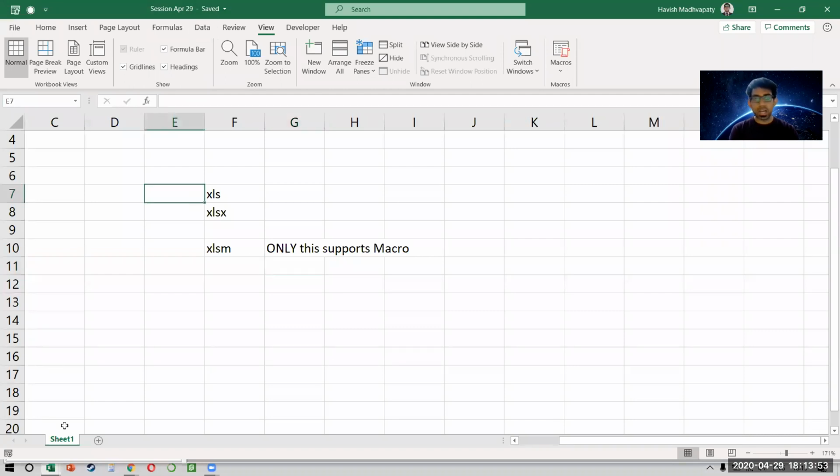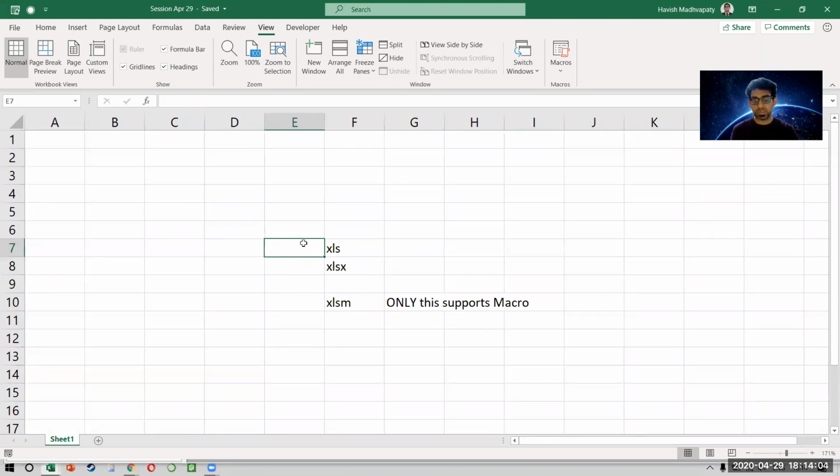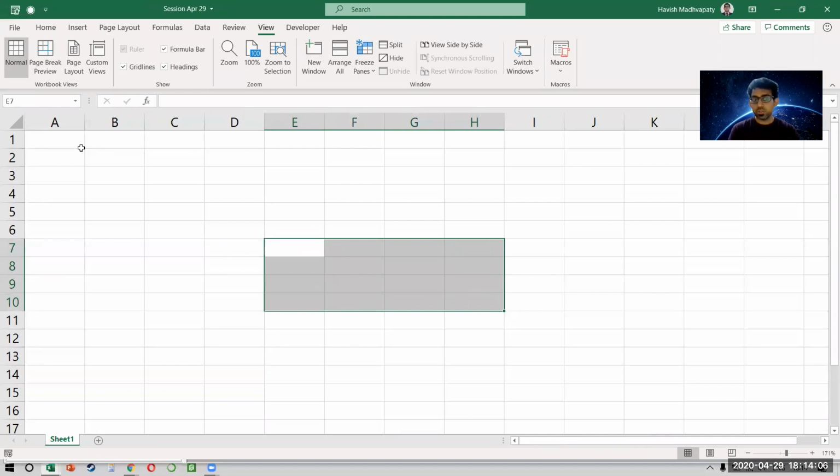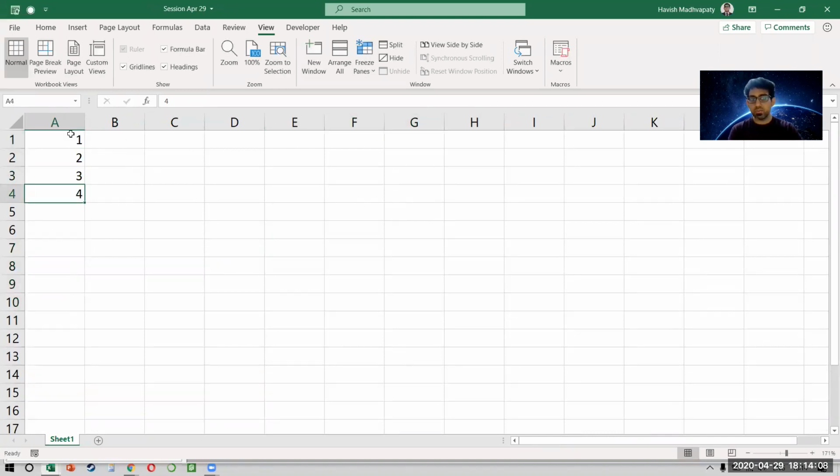All right. Now we want to write our first piece of code and let's build a problem. Now, my problem here is that I want to automate a task. That means I want to write the numbers 1, 2, 3, 4, 5 from A1 to A5. But I don't want to do this manually. What I want is that the system should ask me, what is the first number? What is the last number?